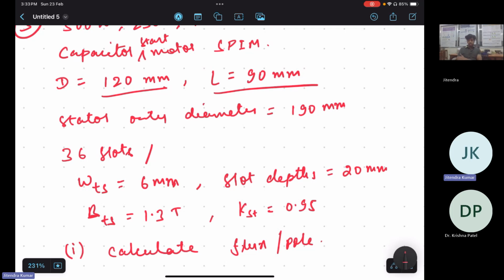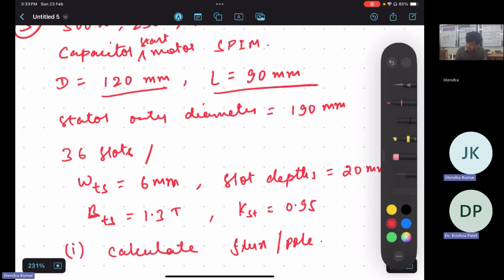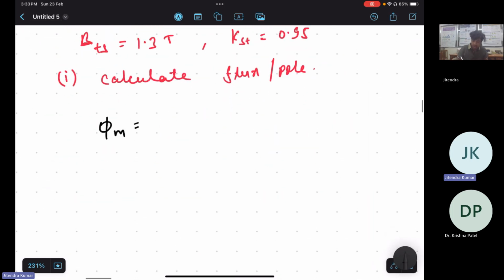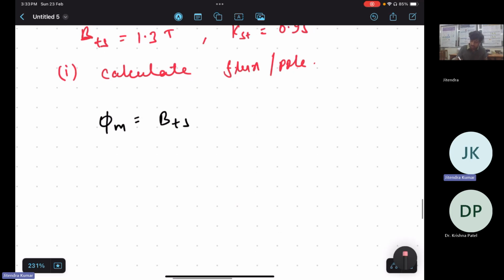So how to proceed with such type of problem? I think the equations are derived in the lectures taught by Professor Singh. If you recall, what is the expression of flux density in terms of tooth width? I can't recall, sir. Okay, let me just write the equation. So phi m is equal to BTS, flux density in tooth width, into